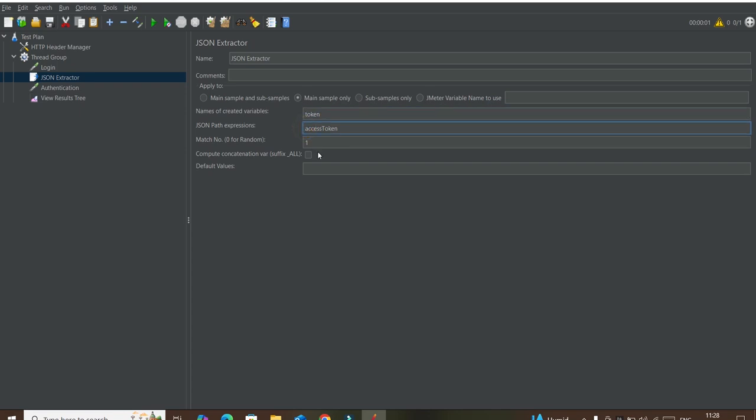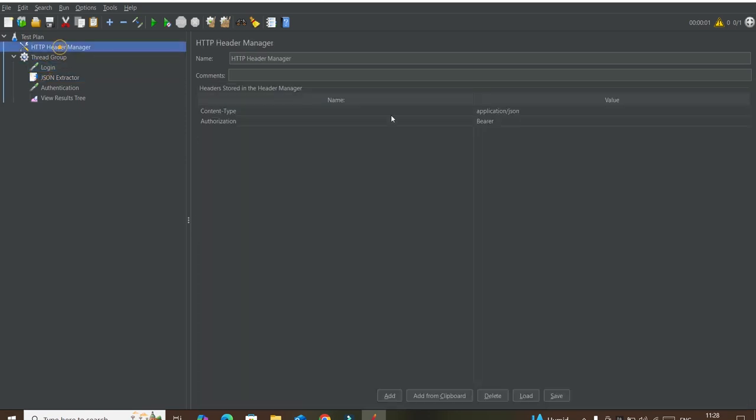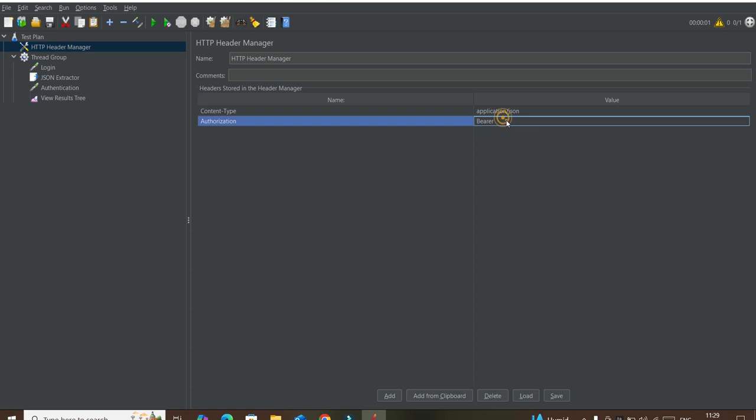Here we need to change $.access_token. Now we will enter here dollar, and then enter the variable name which is token. Now